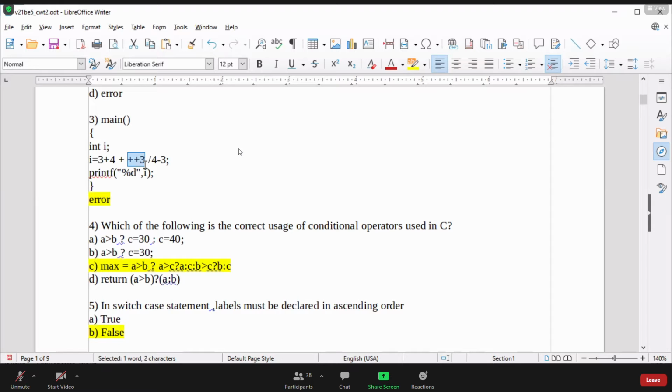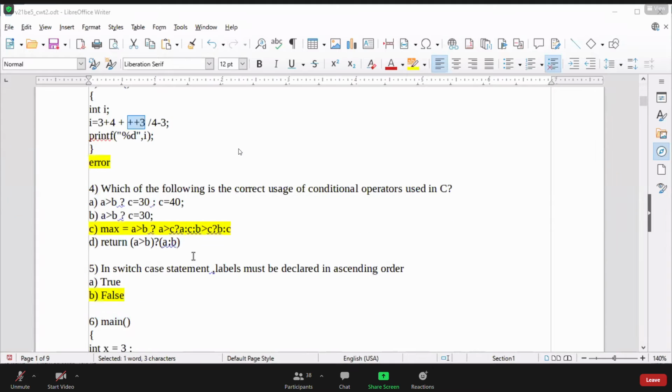So that is going to be modified, right? And it's not possible. So here it generates an L-value required compile time error. That is the reason. I hope you are able to see this ++3 is invalid. So I hope you are getting this.